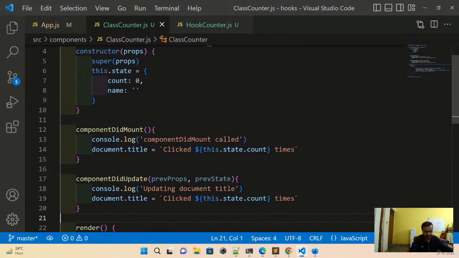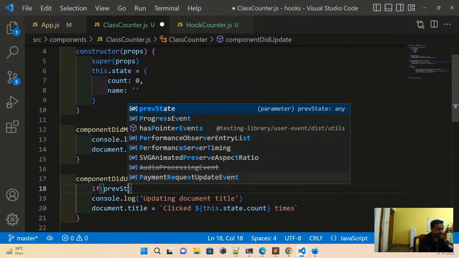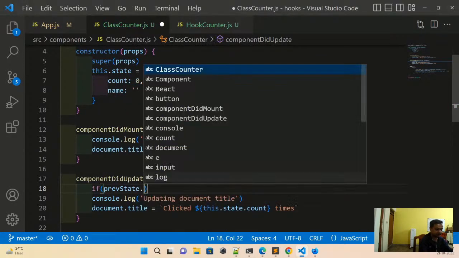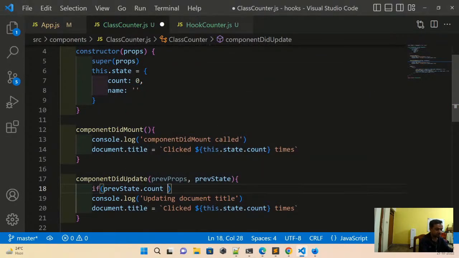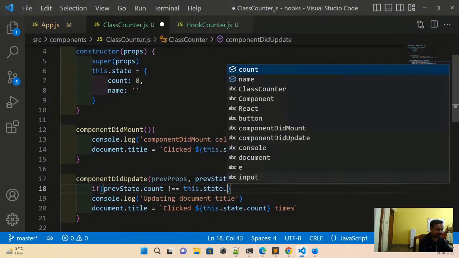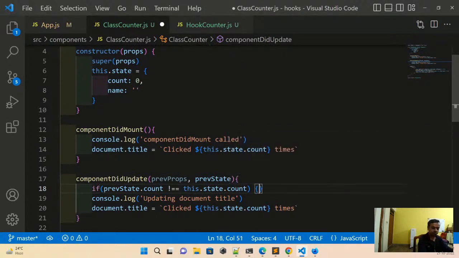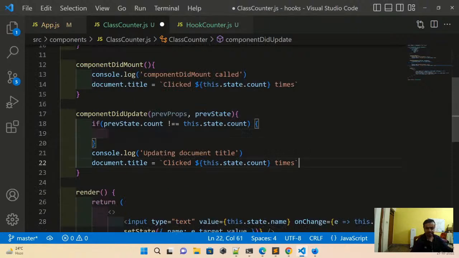So how to optimize it? To optimize it, in componentDidUpdate, there is a bit more trick here than with hooks. That's why people love hooks. Here I will have to use a previous state. So I'll do an if: prevState.count is not equal to this.state.count. This is this.state.count. Then like this we'll have